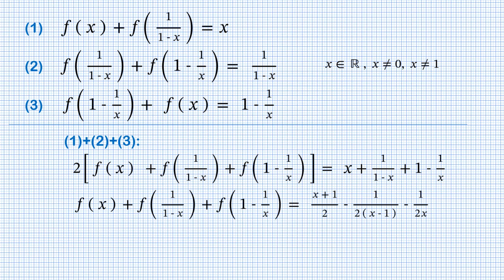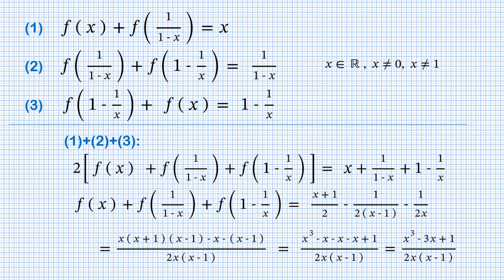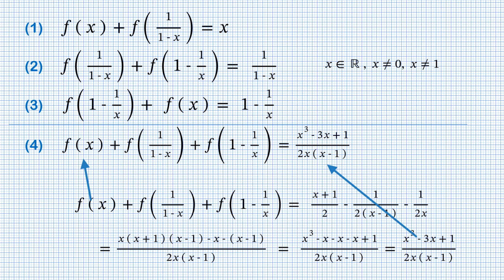Meanwhile, I merged x and 1 into the same term and changed the order for 1 minus x, so we now have x minus 1 and a minus in front of the fraction. Then we reduce to a common denominator and we distribute. Here we get x squared minus 1 multiplied by x gives x cubed minus x and some more terms. We add similar terms and we get this nice expression, and we write the result as equation number 4.